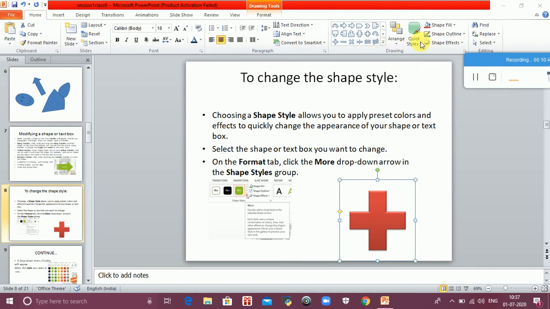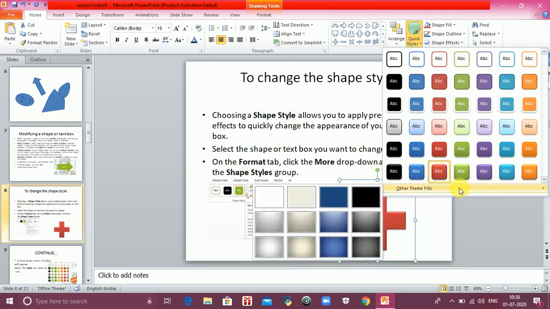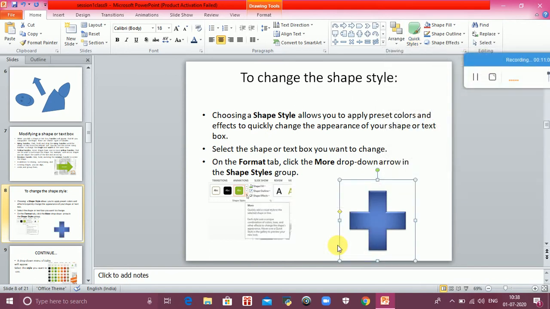In the drawing group we have the quick style option. You have to click on the quick style option. A drop-down menu appears with various styles. You can select any one of them, like this one is different and this one is different, and there are other fills also, like this one. So you can select any of the styles for this.